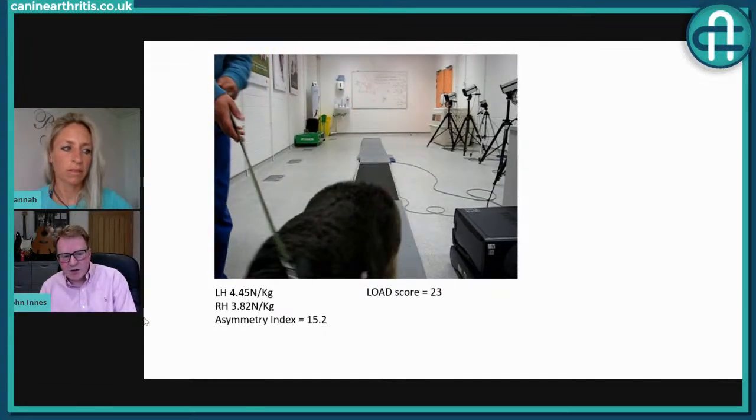And you'll notice that this dog on the force platform has an asymmetry index of 15, so less than the other dog. But I don't want to influence your own thoughts here, but if you look at this second dog move, to me, this dog's movement looks laboured. When it came back towards us, its tongue is hanging out, it looks tired. It's not as eager to move as the first dog. And its LOAD score is 23. That's the owner's impression of their dog's function, which is higher. So the higher the LOAD score, the more the mobility issues.